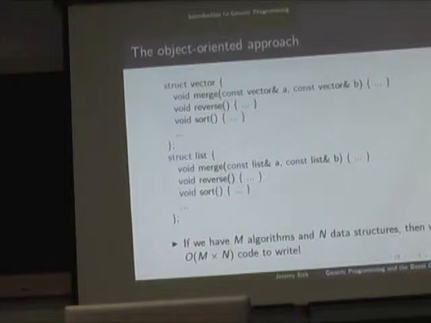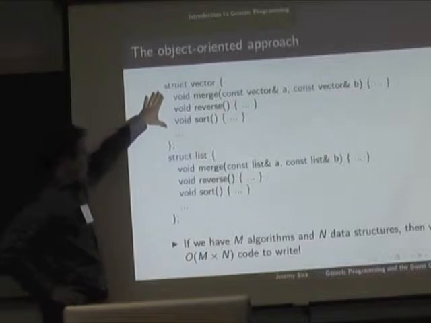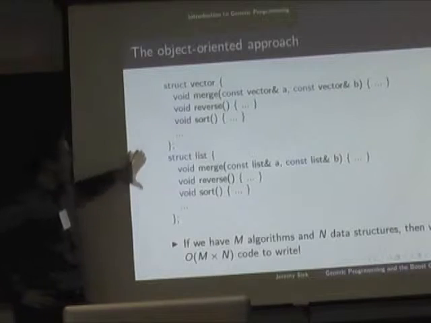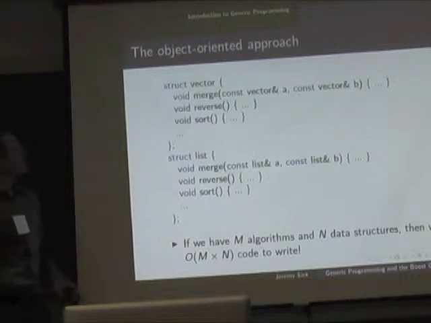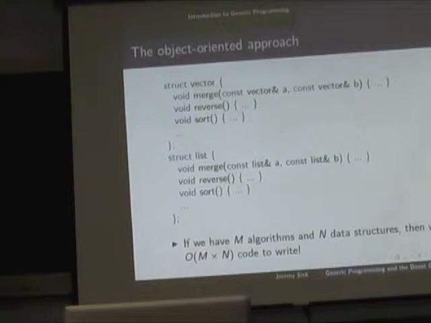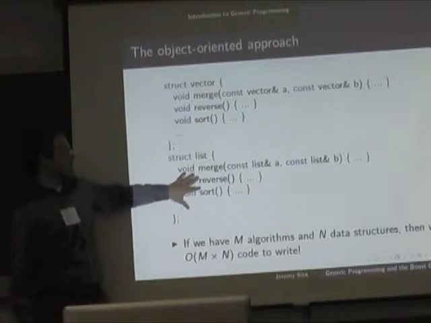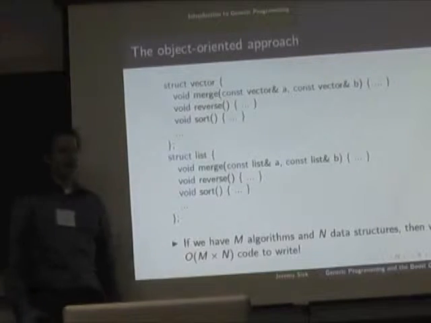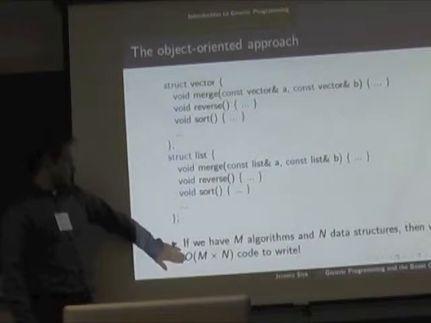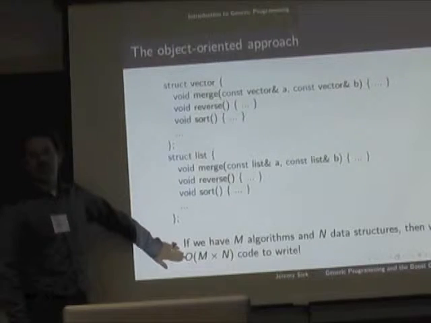And when you do it this way, let's say we have M algorithms that we care about. Suppose we have N data structures, right? So vector, list, maybe singly linked, doubly linked, you've got your hash tables, you've got your red-black trees, all that good stuff. When you think about the amount of code that you have to write to implement all this stuff, it's M times N, right? It's a huge amount of code to support all that functionality. And so how can we, in some sense, generic programming is all about reducing this code to something more manageable.